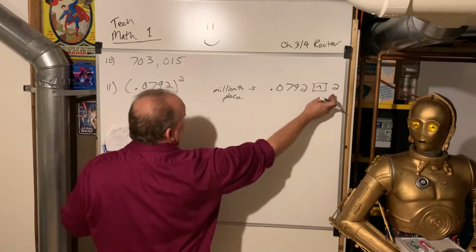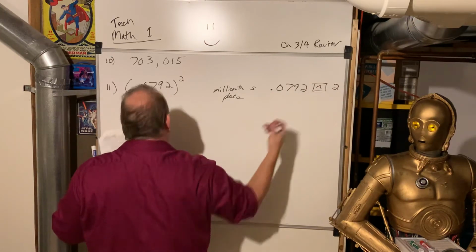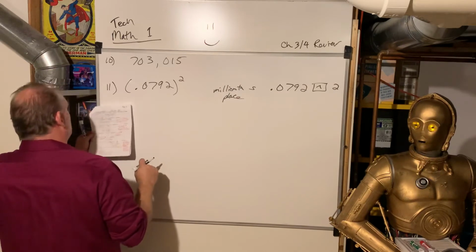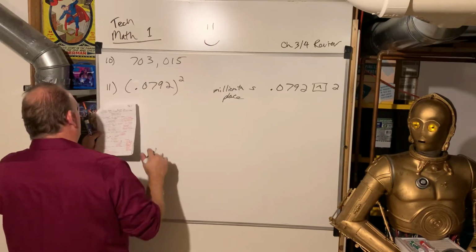The caret key is good for 2 or 3 or 4 or 5 or anything. So if you do it that way, that's fine. But it saves you one button. If you hit the little x squared button, it'll just toss the squared up there for you. So that is